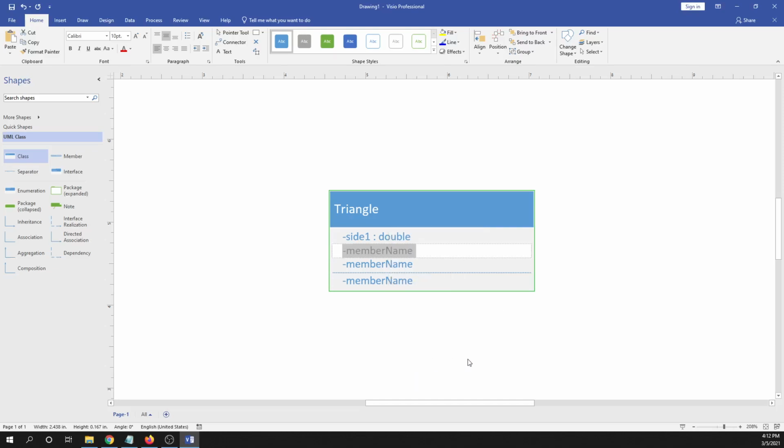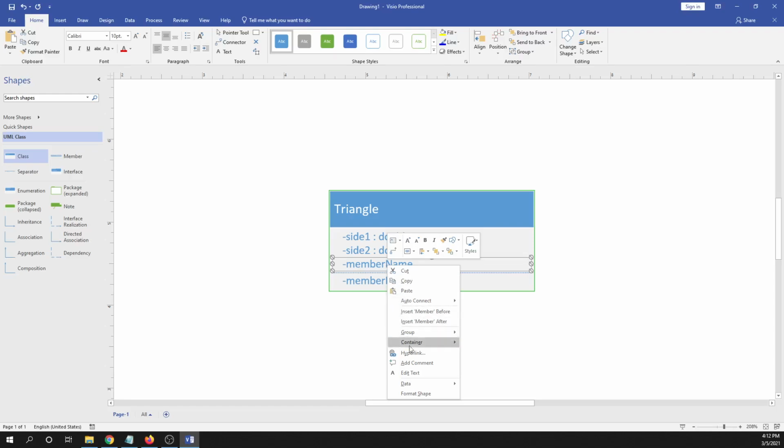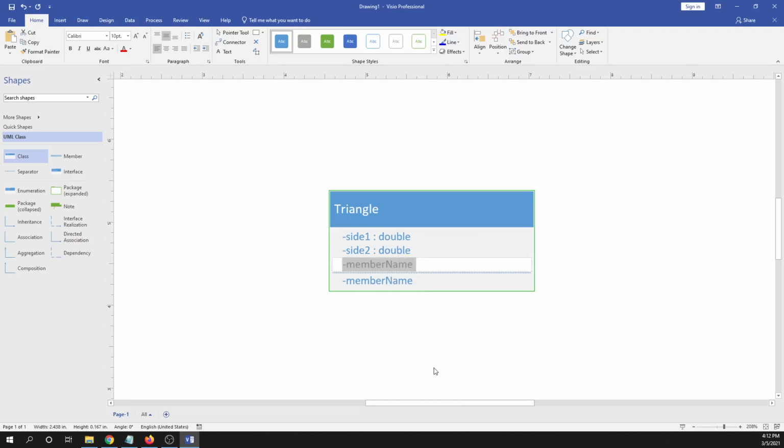And then on the second one, I'm going to make it private, so a minus. And the name, I'm going to have side 2. And then type double on it. It would be fine if you chose int as well. You could do that if you wanted to. Remember, we're talking about the design, so a lot of that is going to depend on how you want to design things in your class. So, all right, there are 3 fields,